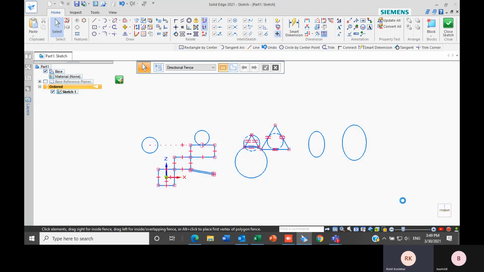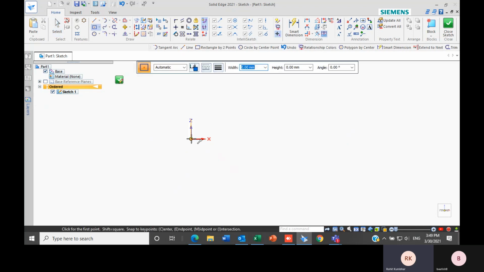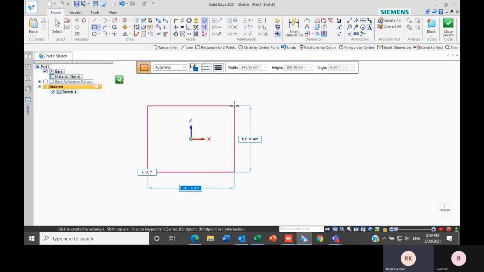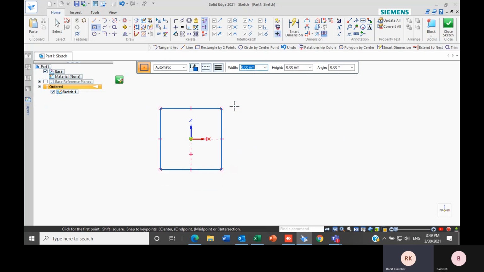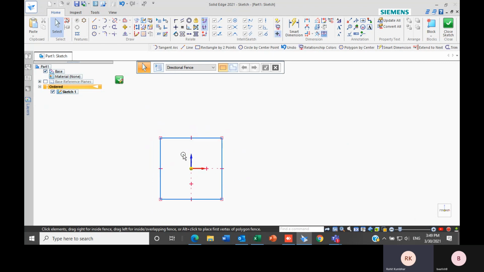First let me delete it. I just have to select this one all, then delete. So our next option is tangent arc. Let's say this is my rectangle with 100 and 100. For the top side of this rectangle, I don't want this flat line. I just want to create a circular arc on it. So I can just select this line, delete this, and create a tangent arc to it.